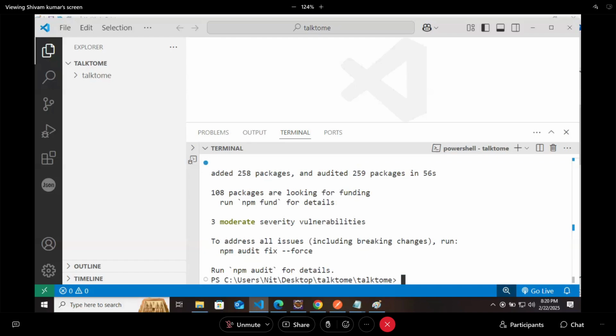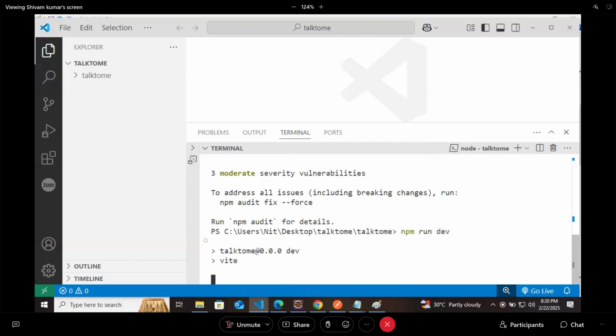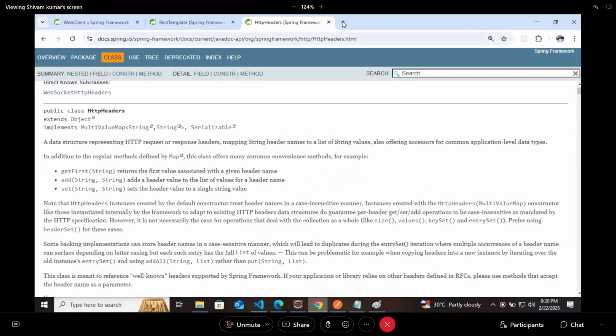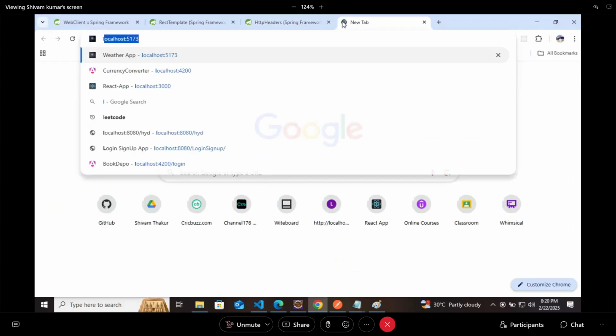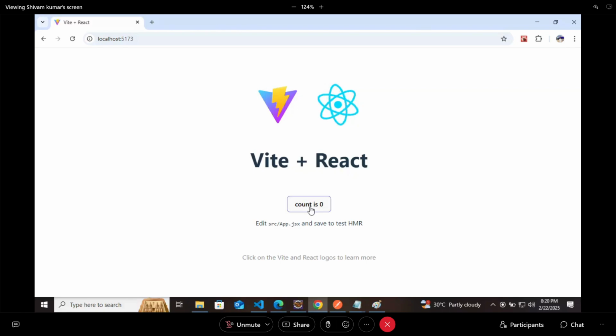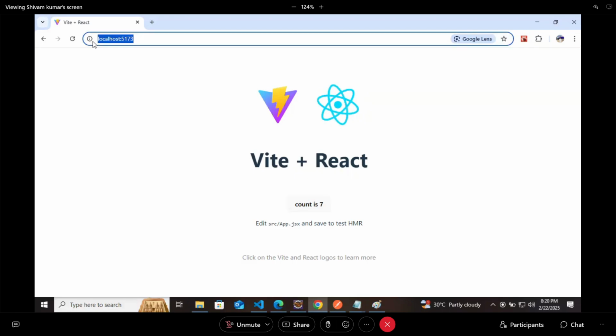So this project has all the necessary libraries installed and we will run it. It is running on localhost 5173. So yes, it is working fine. Like this, only a Vite project comes. Now we will edit this project. It'll create a good front end on this localhost. This is the entire link